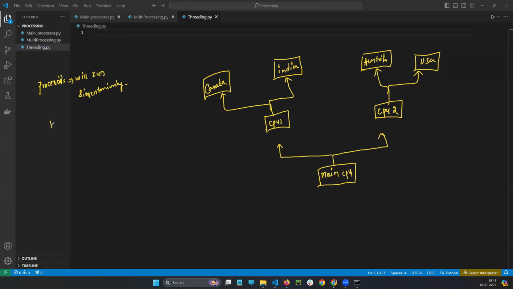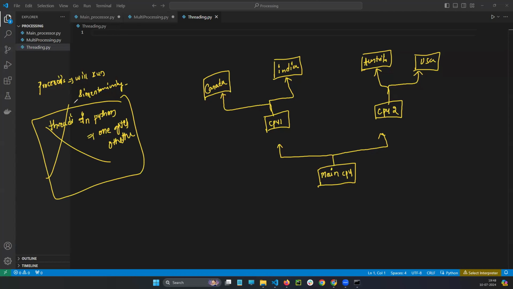Processor means CPUs. Threads in Python, I'm telling you, threads in Python will run one after the other, one after the other. That is the biggest drawback in Python. That's why Java is still running in the market.